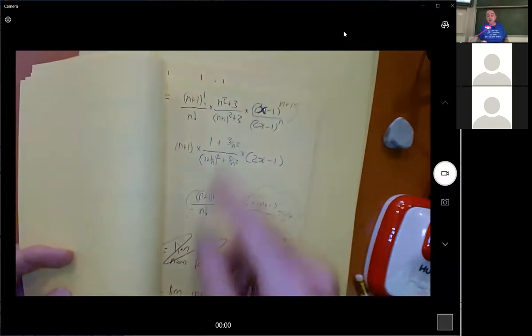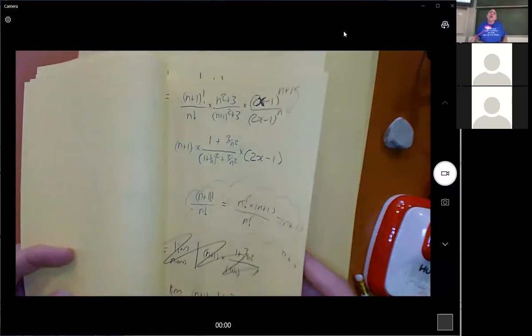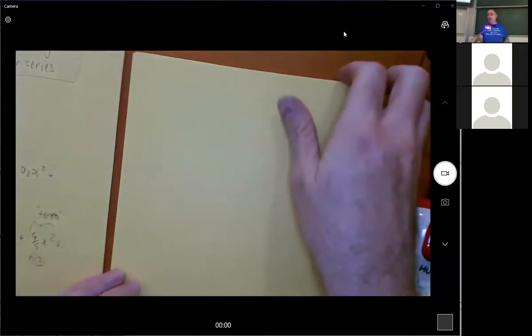You are allowed to use L'Hopital's rule here. Technically it doesn't make sense because n is only allowed to be whole numbers, but we just assume that the whole numbers are just some of the options for what n could have been. Okay,